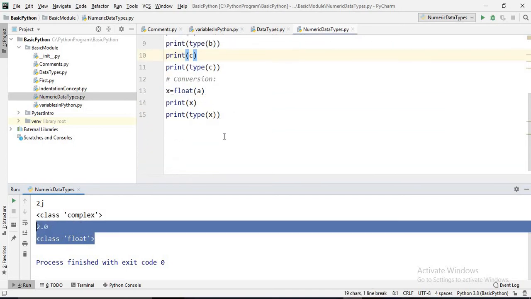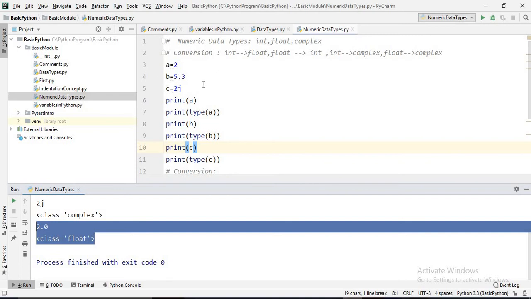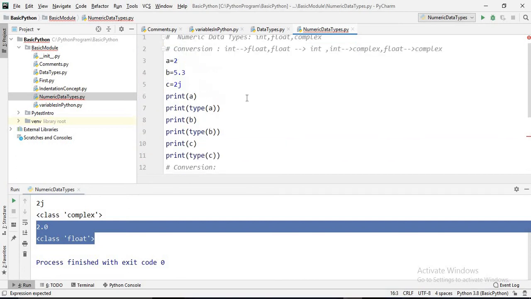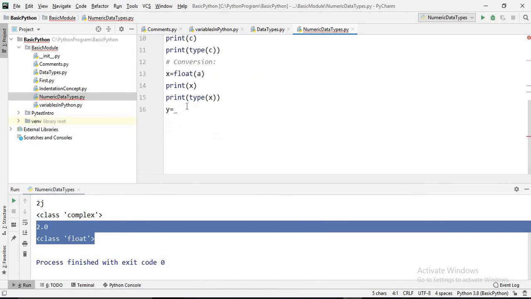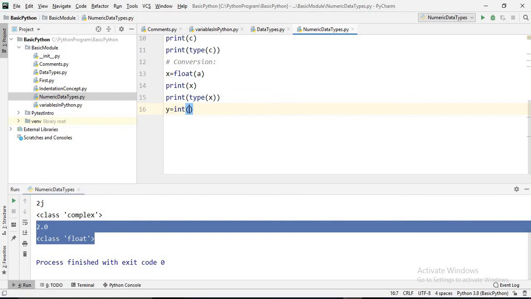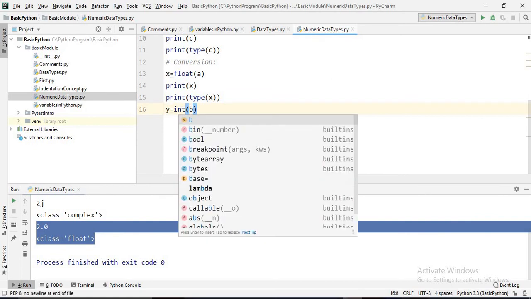Next, if we convert b into integer, in the same way, y equals int of b. We want to convert float into integer, because b was a float and I want to convert it into integer. So the int function, and pass the variable name.